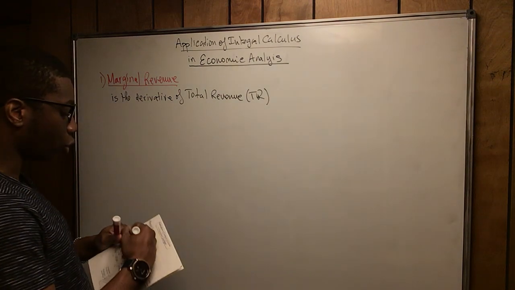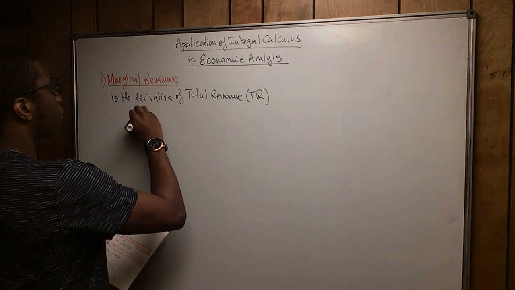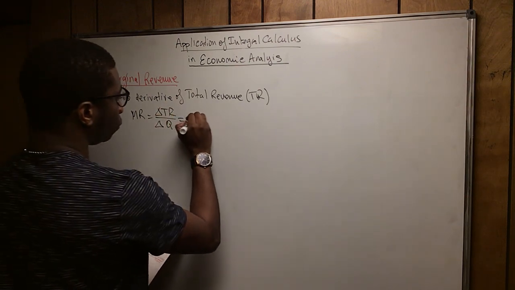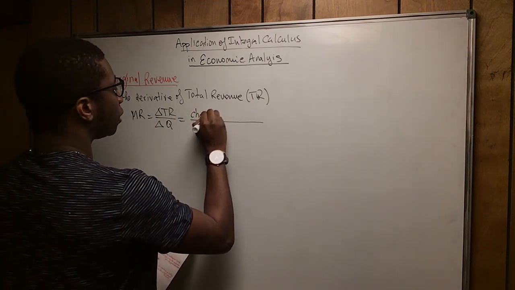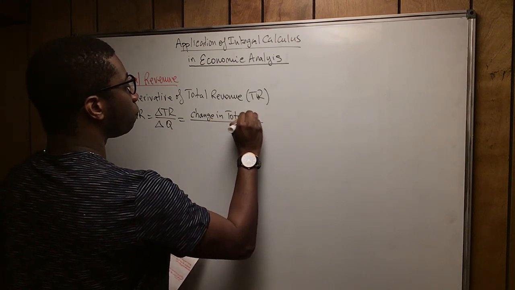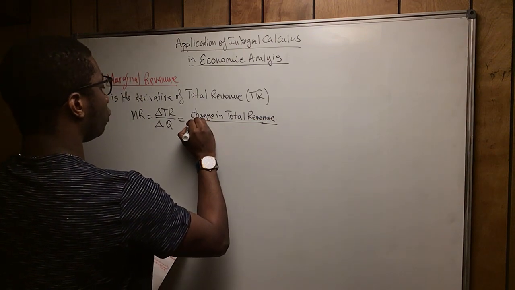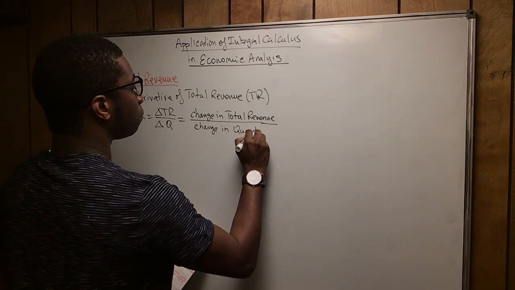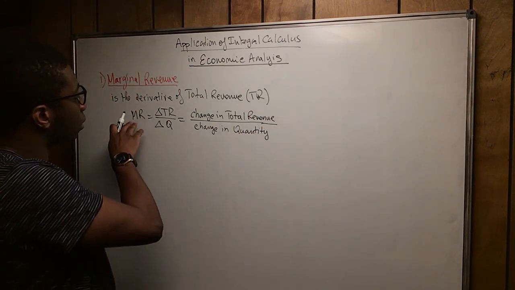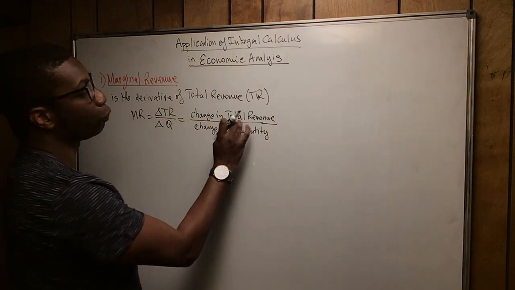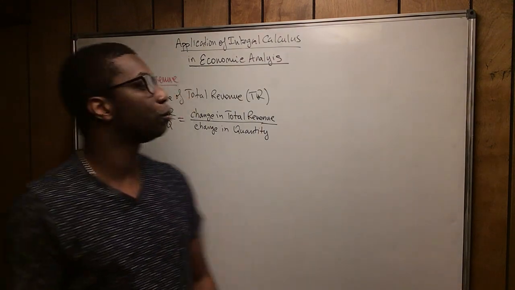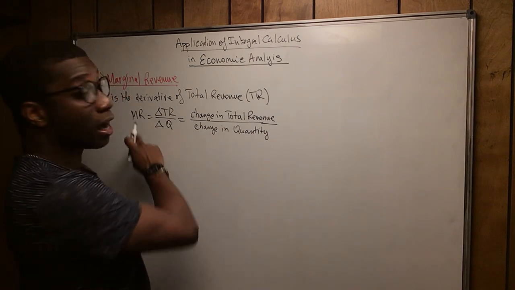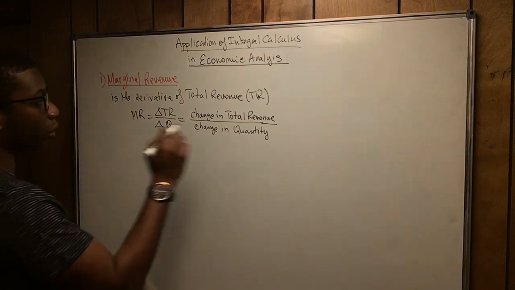And we know that the formula for marginal revenue, known as MR, equals change in TR over change in Q, which is equal to, I'm going to write here for you, change in total revenue over change in quantity. All right, so this is for the marginal revenue. This is if you already have the values for total revenue. But in this case, you do not have the values of total revenue, so that's what you're trying to determine. In the case we're going to apply, you do not have the values of total revenue, but you have the values of marginal revenue. So the formula for total revenue is,